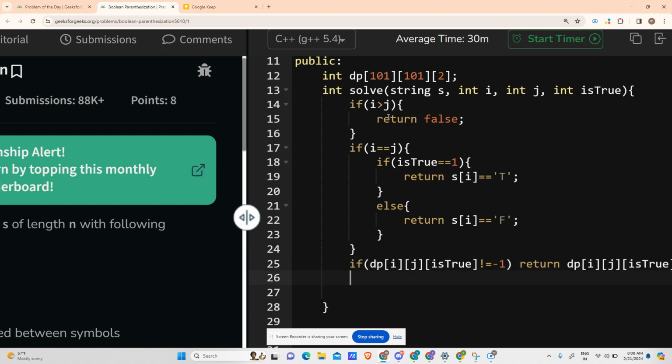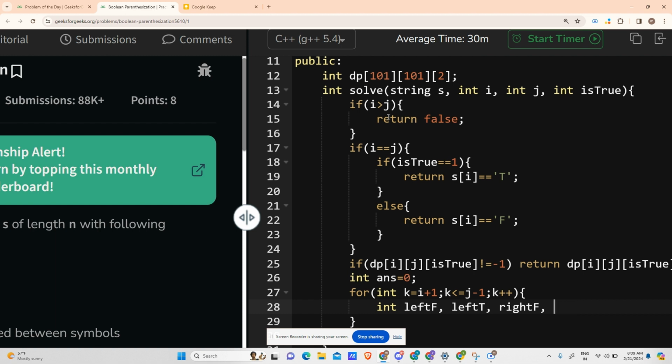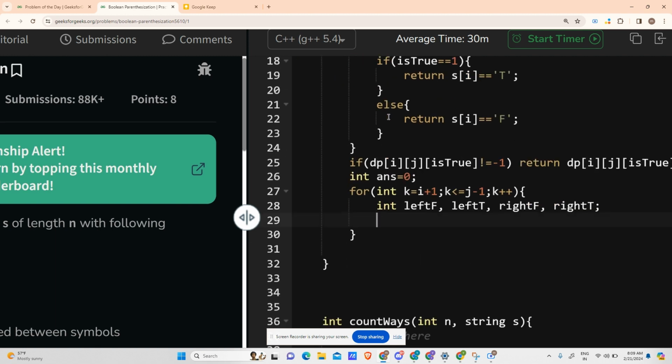Okay. Now standard procedure: int answer equals 0. Now for int k going from i plus 1, k less than or equal to j minus 1, k plus plus, what will we be doing? We will be creating int leftF, leftT, rightF, rightT. Okay. After that, if my dp of i, k minus 1, 1 is not equal to -1,